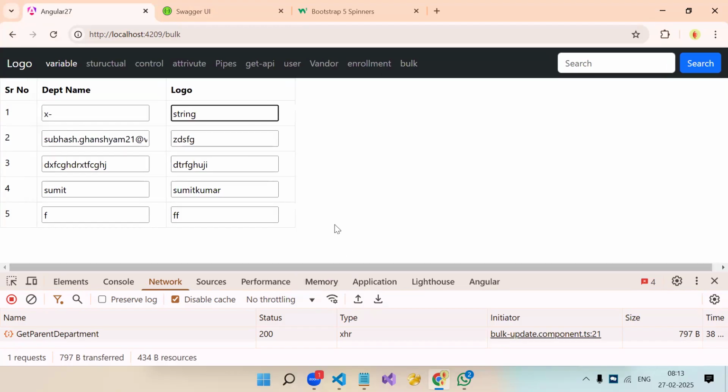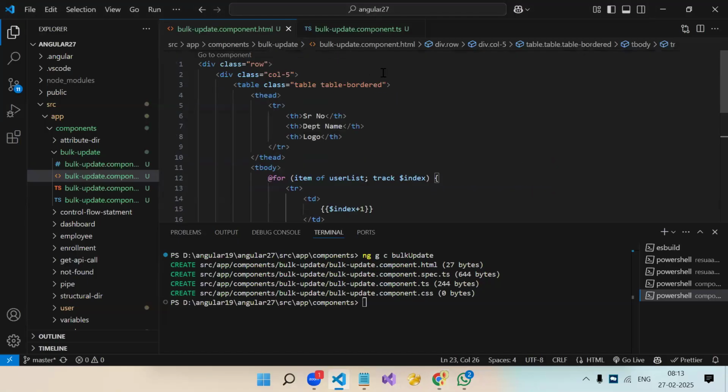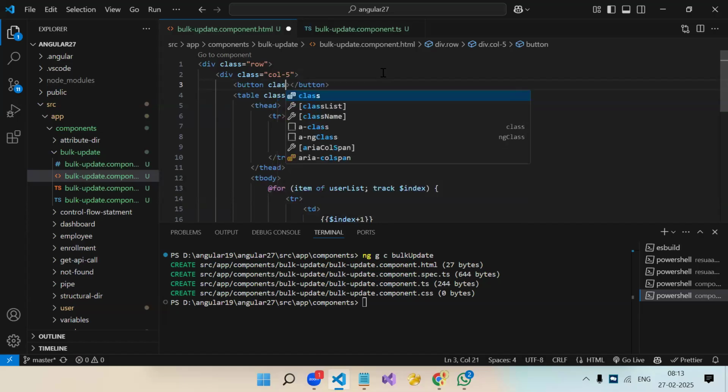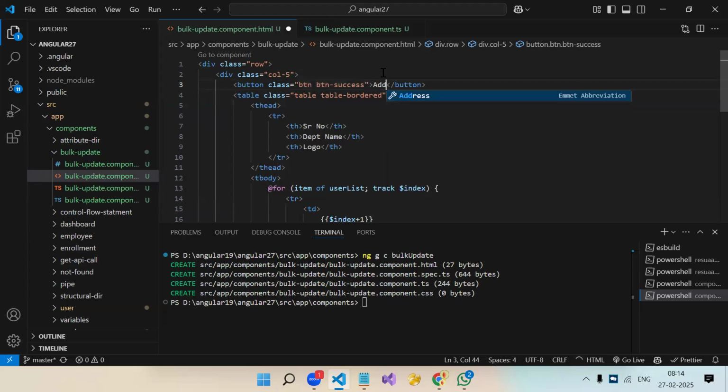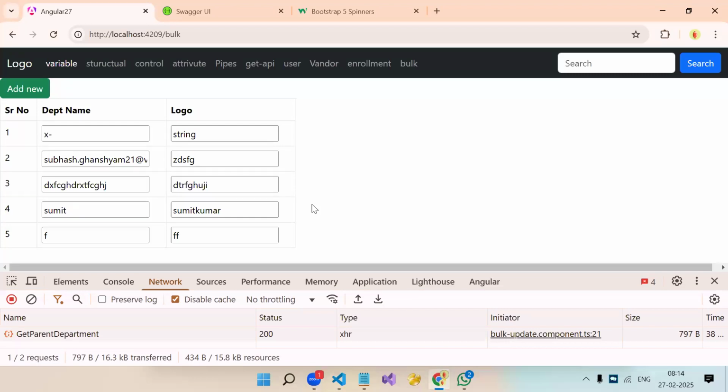Okay. Now we need a save button, or first an add button. So first I need an add button, plus btn, add new. What do we have to do on click of add new? Sir, we have to push the object in an array. In the table, we should get another row, na, with an empty text box. This is an existing record. If you have to add one more record, one row should be there over here.